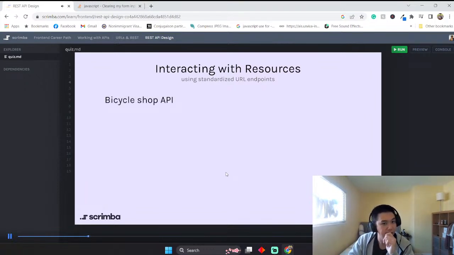And so we're going to use a fictional bicycle shop API called Mike's Bikes, and this is the base